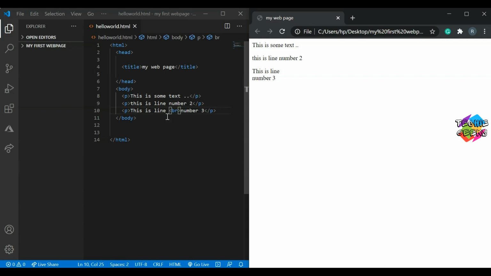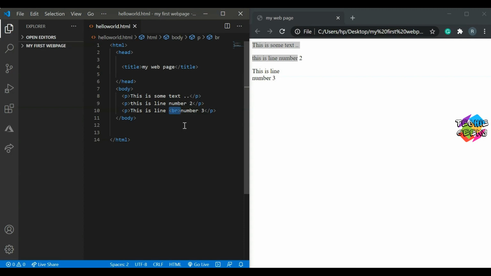You can notice that we got a new line from the break tag, and also you will notice that it's not similar to the paragraph tags, because we are not getting a new paragraph with some space in between, but our text is coming on a new line. Also you will notice that this BR is the first tag which doesn't have a closing tag associated with it.